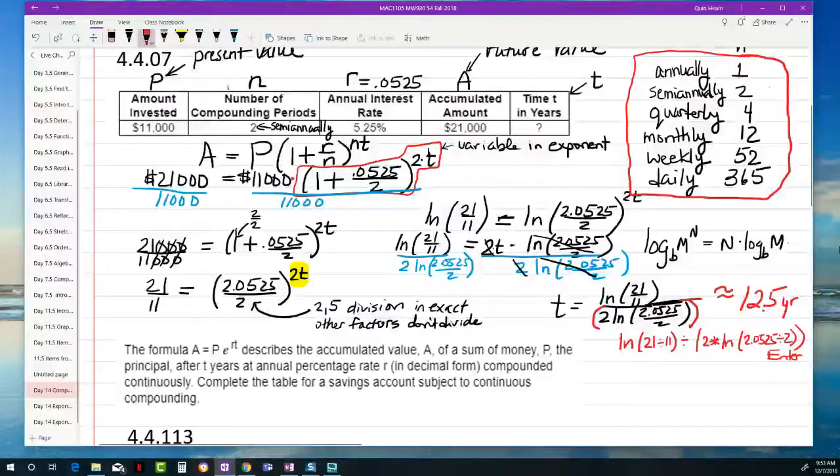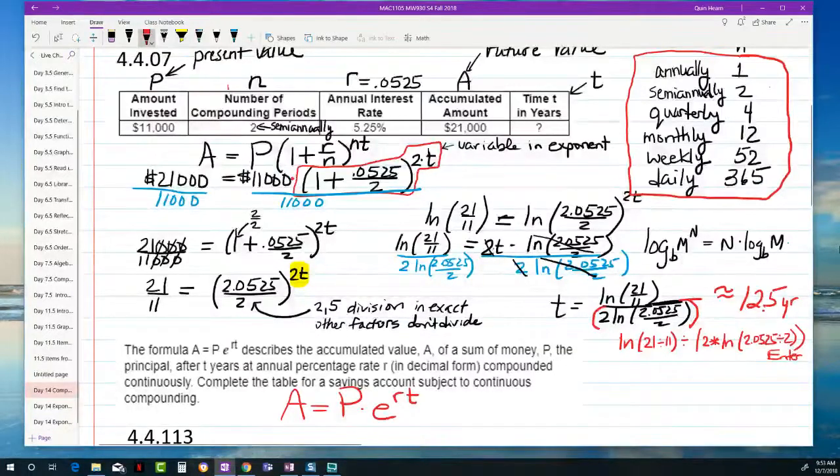It just was constantly compounding, like an infinite number of times per year. So it turns out that when you let the value of n get extremely large, going towards infinity, the formula actually changes and it starts to look like A equals P times e to the